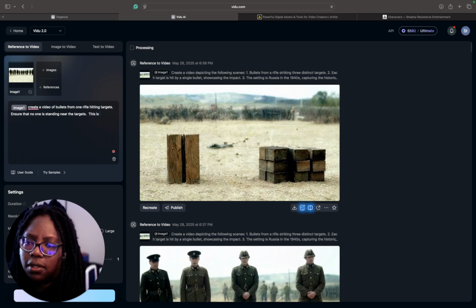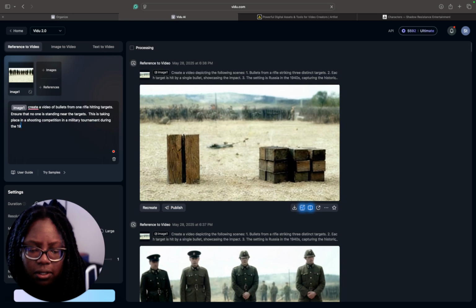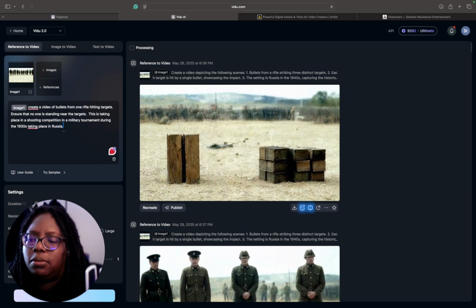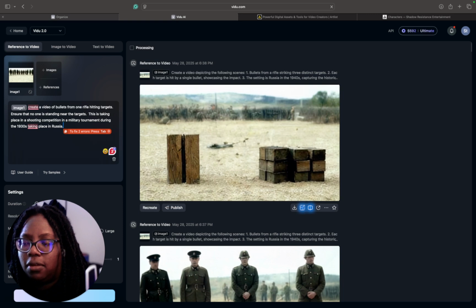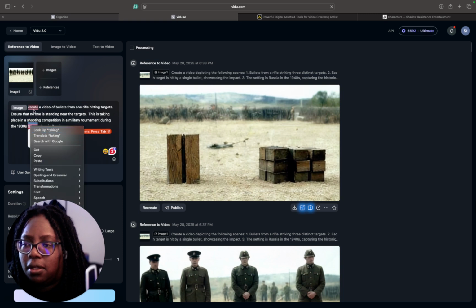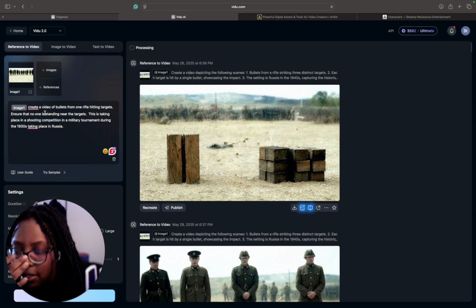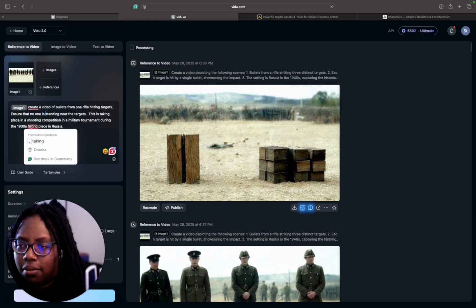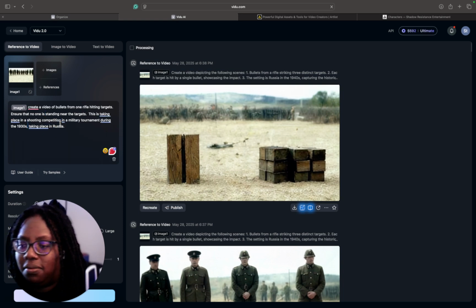This is taking place in a shooting competition in a military tournament during the 1930s, taking place in Russia. Now, I'm going to show you some examples of what I got, and the reason why I am typing up the prompt this way with so much detail is because, and I'll show you this, basically I didn't get what I wanted to get.